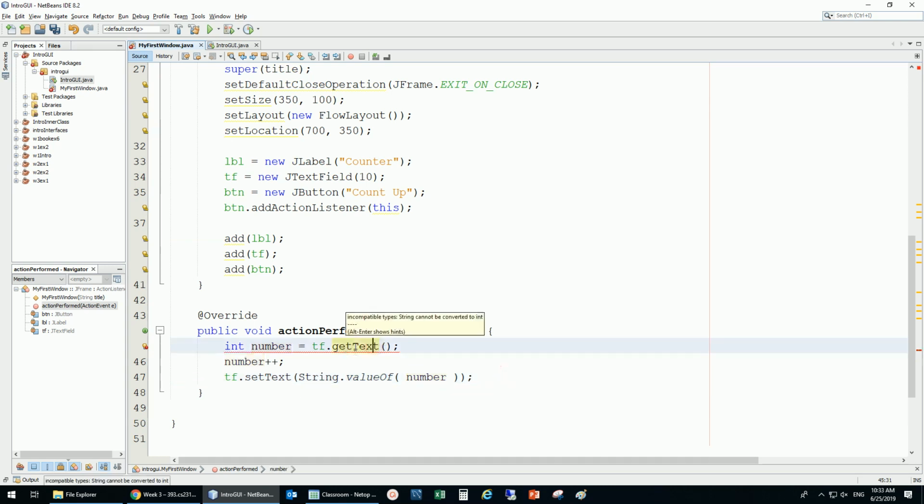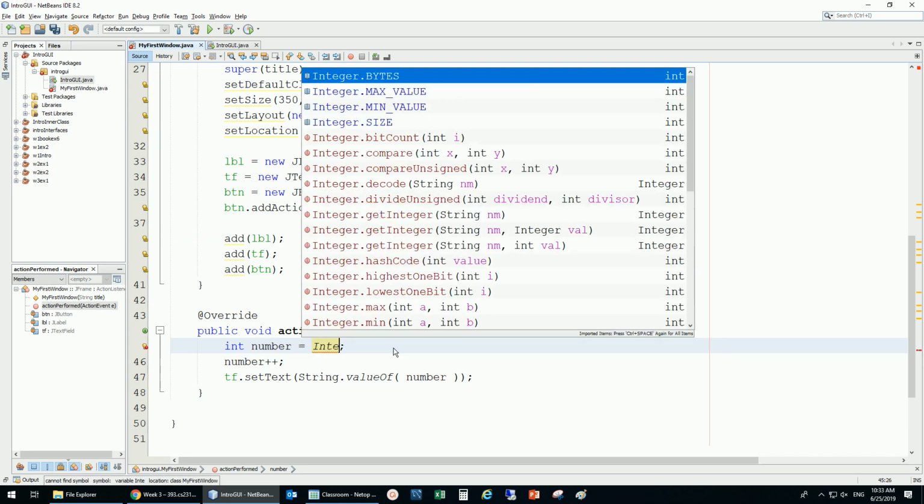But there's a problem here. I cannot get text is a string. You cannot put a string inside of an int. So I need to convert a string to an int. There's one way to do that. Well, value of gives you int to string. I would like to have the opposite of value of. Well, there's something, but this time I want it to be an integer. There's integer